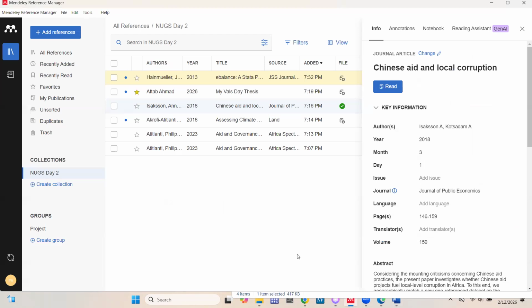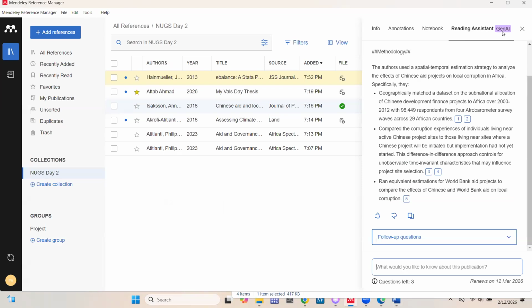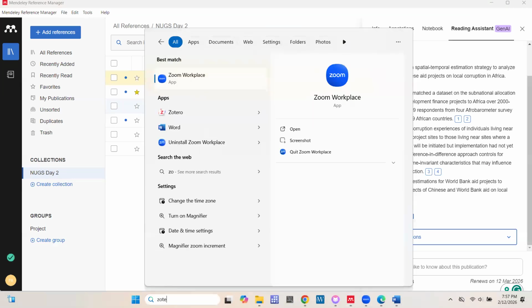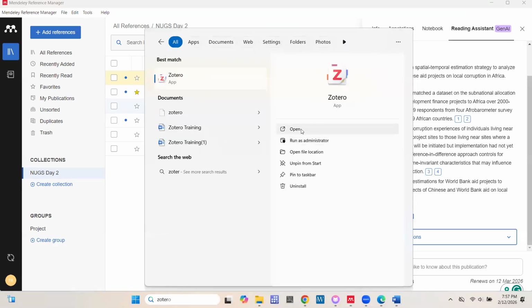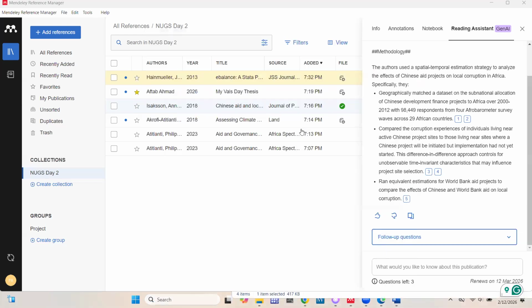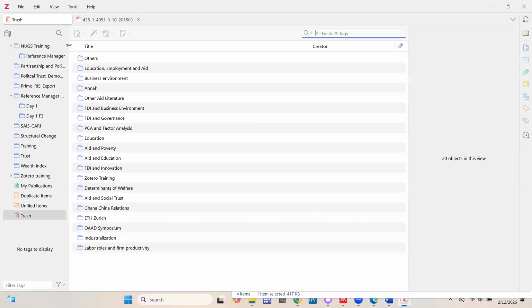What we did, this Gen AI that helps you to summarize or do other stuff. In Zotero, there is a plug-in and an AI modification you can use. But the reason I didn't focus on that is because it is not compatible with the current version of Zotero.